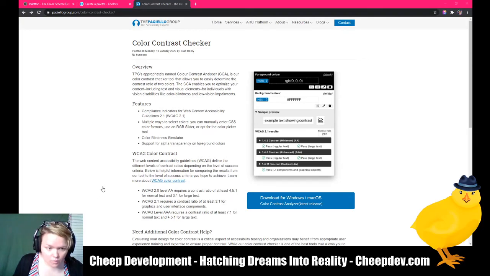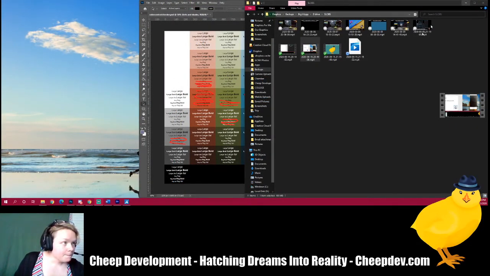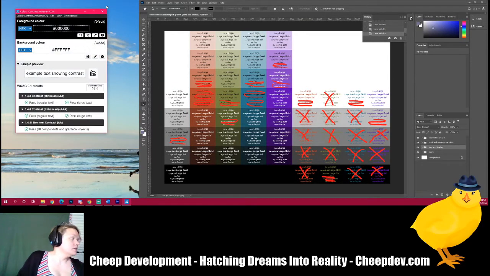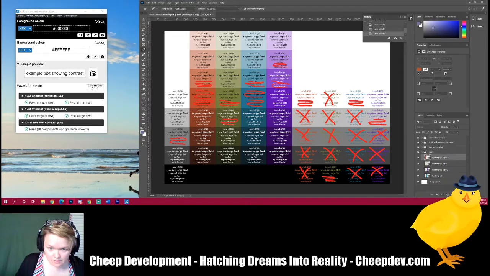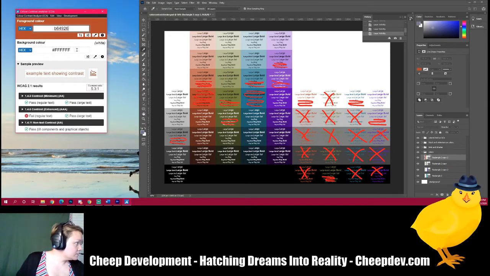So let me go ahead and swap to my other monitor here, show you guys this app. I took those hex codes from the palette. Actually, I took them from her color palette specifically. So here in Photoshop, I'll show you this rectangle specifically is the red color that we picked. So our main color is that. That's our hex code. So if I paste that hex code in there with the background color, it fails at